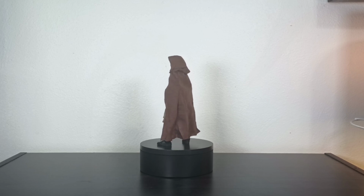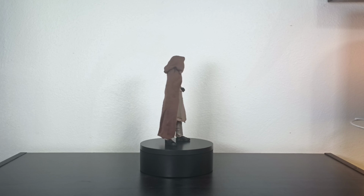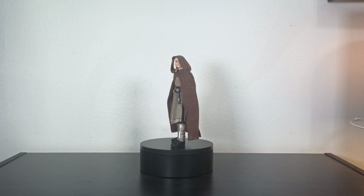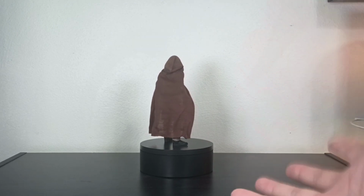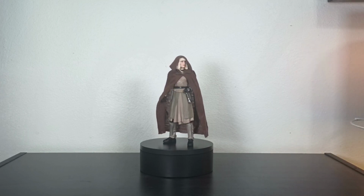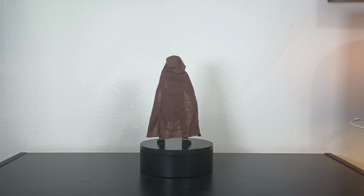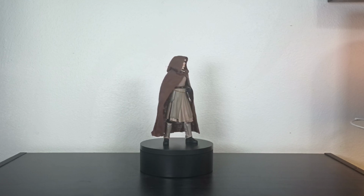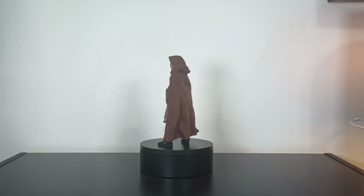But I kind of wanted to give the pros and cons of this figure. I do enjoy it, but I also have to admit that there are some flaws about it. I mean, just everything surrounding this figure's release. Looking at it, you're thinking, well, this is a cool figure, but knowing everything that led up to this figure's release, you're kind of just like, this isn't the original figure that we got. Like, this isn't the bare minimum of what Hasbro can do. And it's like, no, this was, I guess, them trying to fix the situation, while also making it difficult to get the fixed versions by making them exclusives to two different stores,